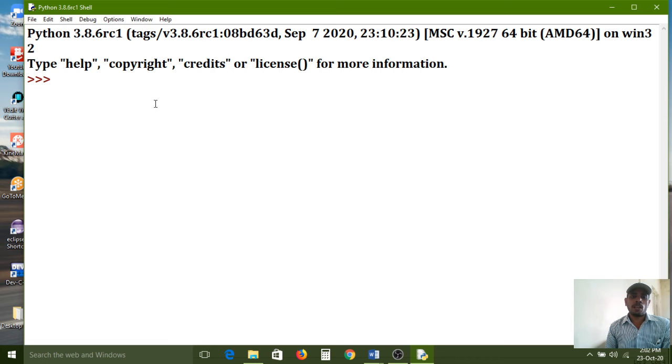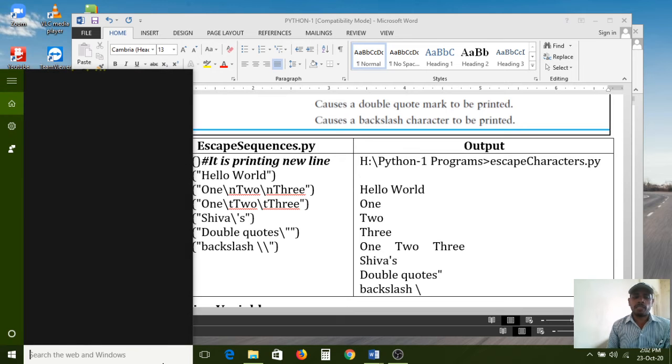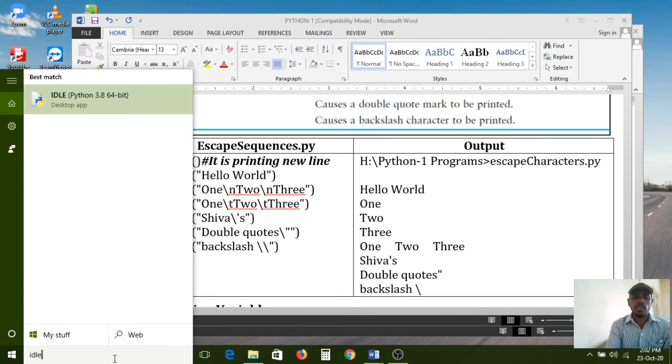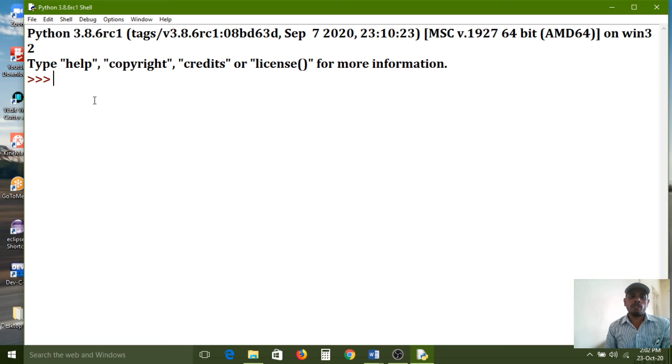Just click on it. But Python software must be installed on your laptop or desktop system, then only it will open. Otherwise the software is not available in your system.